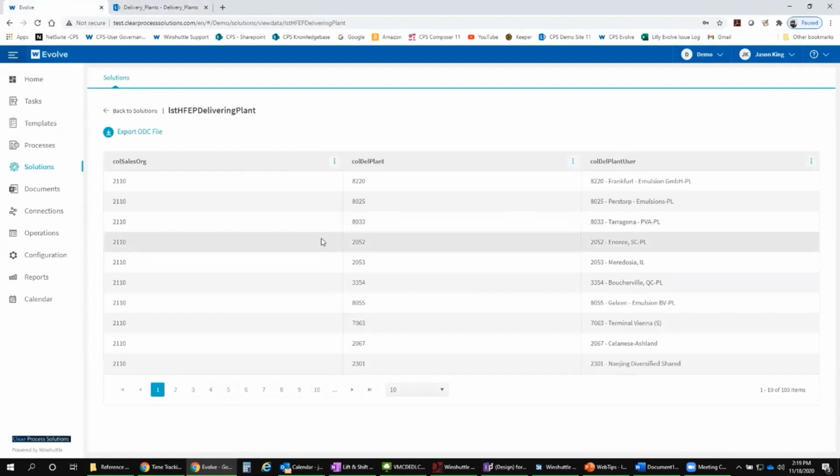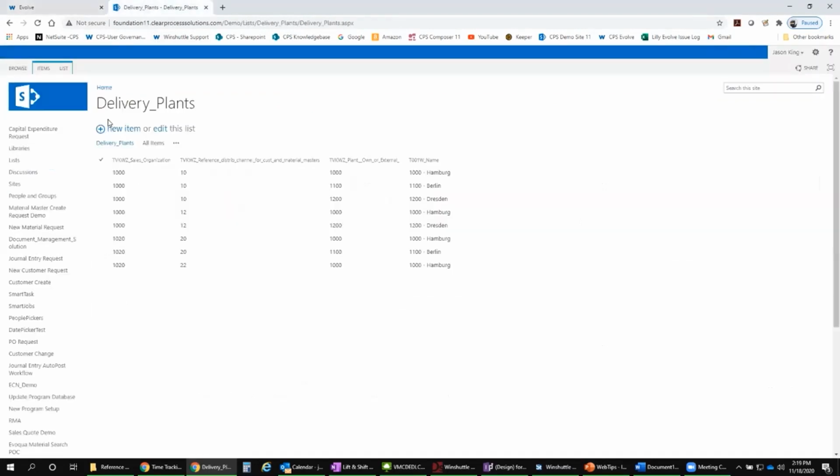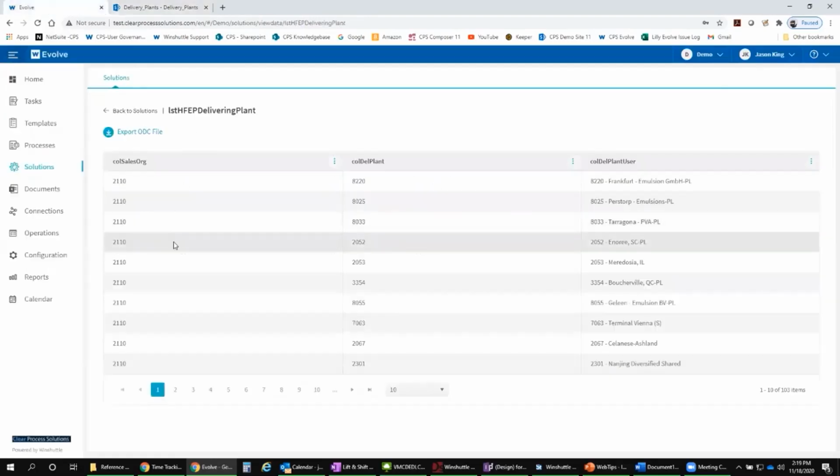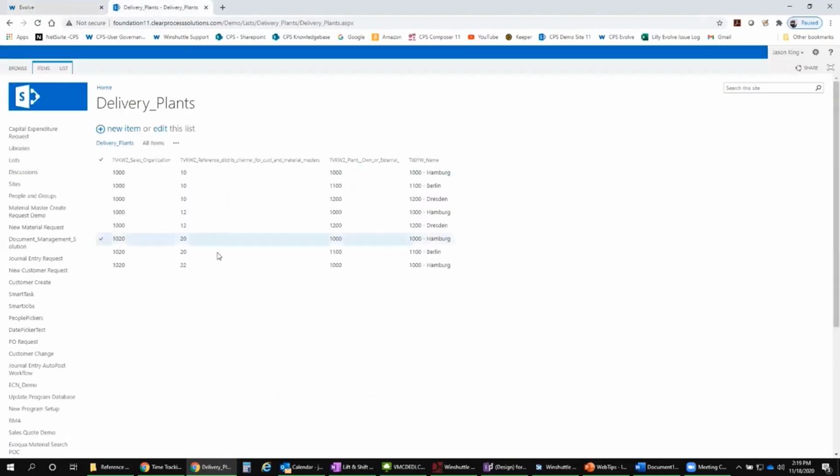And what we're going to talk about now in the demonstration is, how do I take this list and convert it to a reference data list, or how do I create a new reference data list? And then once I have them in my Evolve environment, how do I maintain them, right? So a real quick crash course on basically converting, if you're doing that, is you're probably going to want to